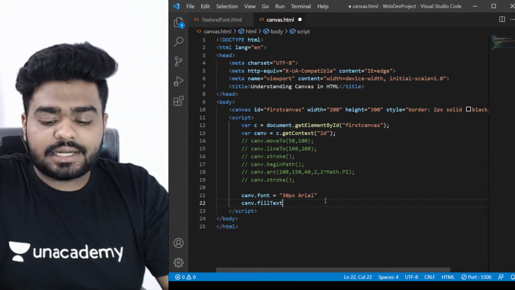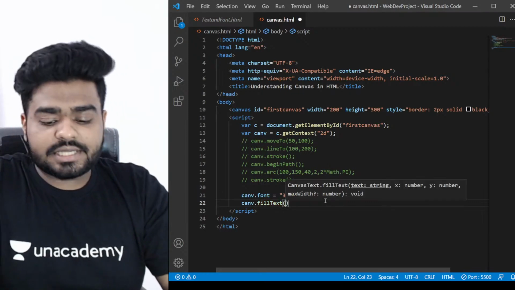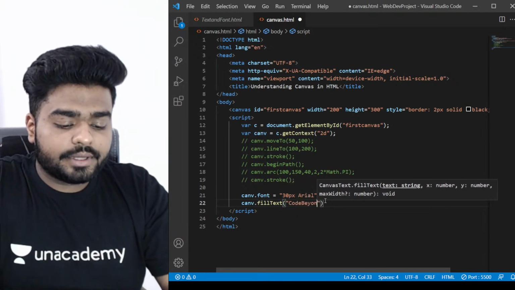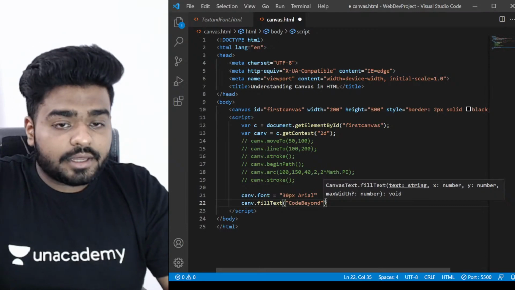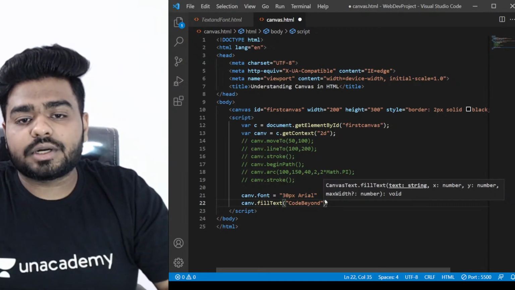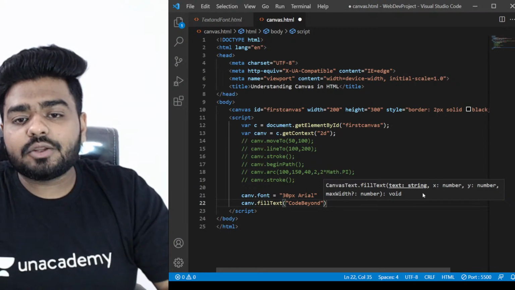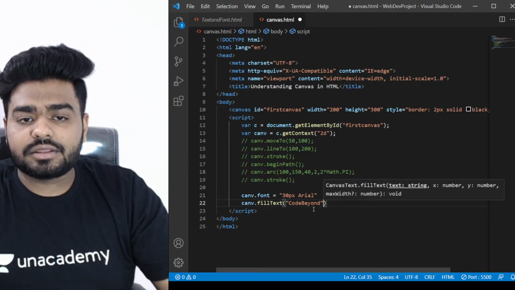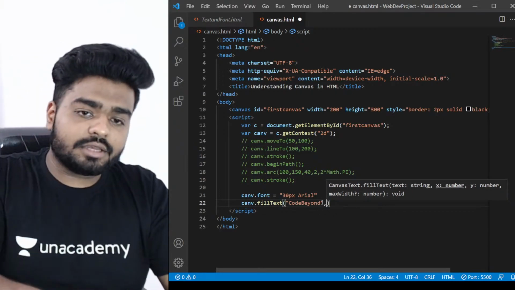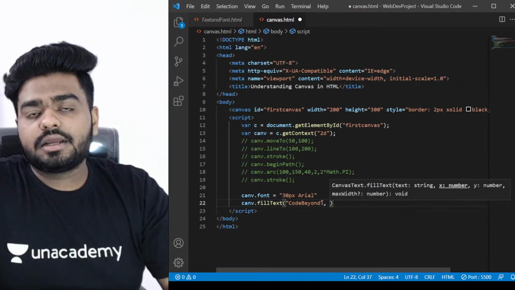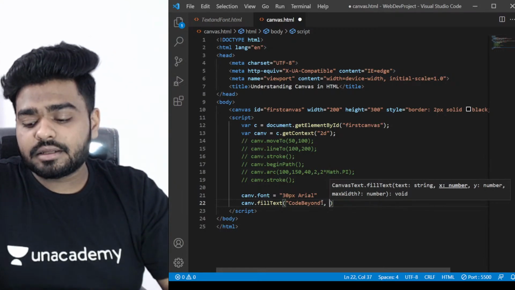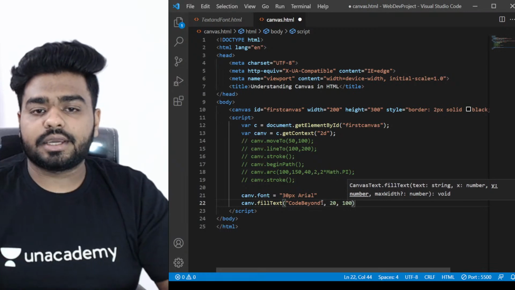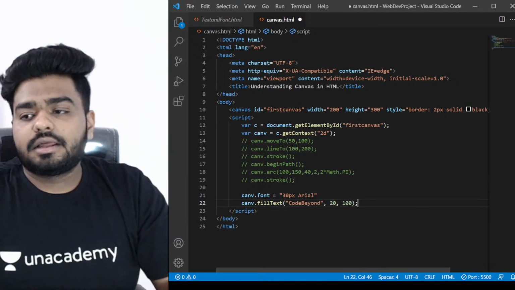Now this fillText will contain the word which I want to write here. So let's say I want to write here CodeBeyond. That's what I want to write here. Now if you look here, the fillText is showing you the text and then comma x and y. Can you see? So x and y is what again? The width and the height. So that's what I'm going to give here. Next I'm going to give the width. Let's say the width, because the canvas width is 200, I'm giving 20, and the height is 300, so let's say I'm giving 100. Okay, cool. Now let's go to my browser